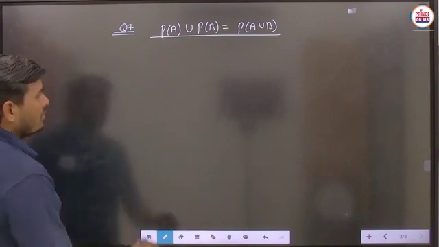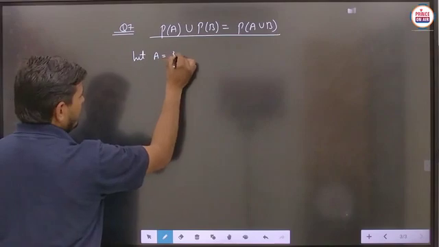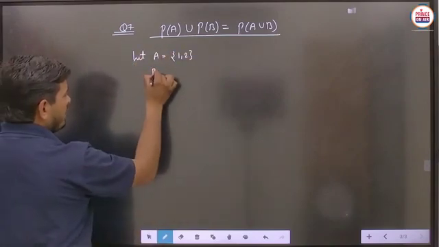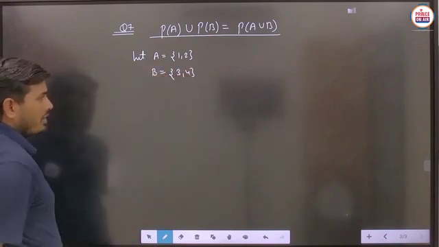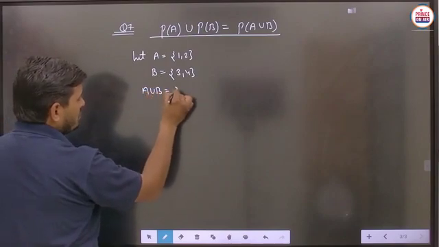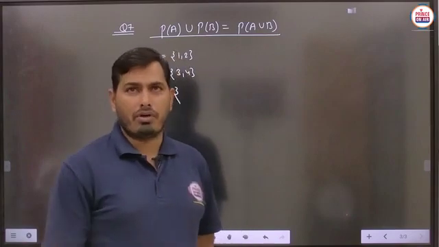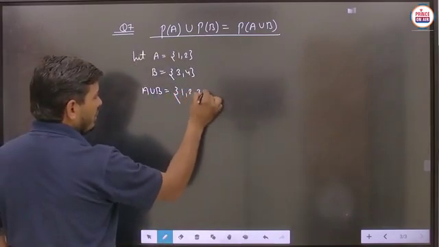So definitely, student, we will take some example. Suppose A is any set; we take the set A as {1, 2}, and suppose any set B, the elements of B we take as {3, 4}. Is it clear? Now easily you can calculate A union B, because in the case of union all the elements of A and B are to be included here. So you can include all the elements, meaning 1, 2, 3 and 4.